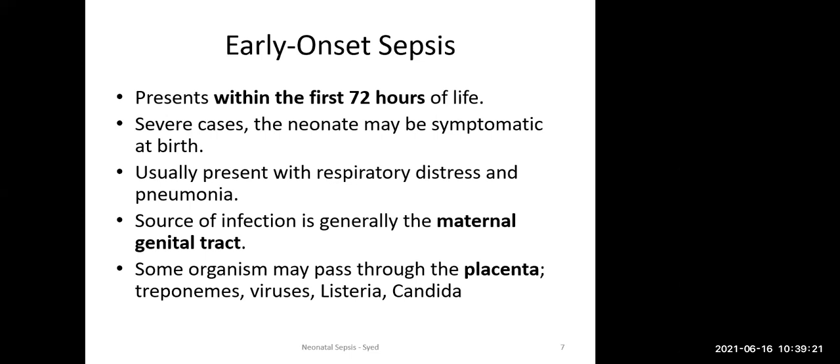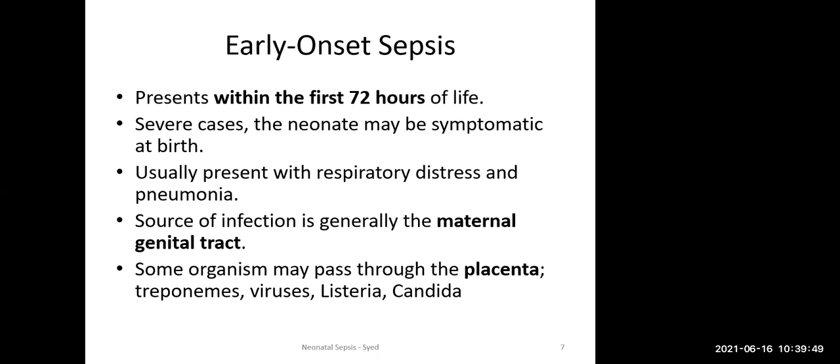But in late onset sepsis, it can be a variety. For example, already born for the past 2 weeks, and at home the washing is not clean, after defecation wiping is not done properly, so gets infection, translocation of infection from the GI tract to the urinary tract, so gets UTI. You faham tak?